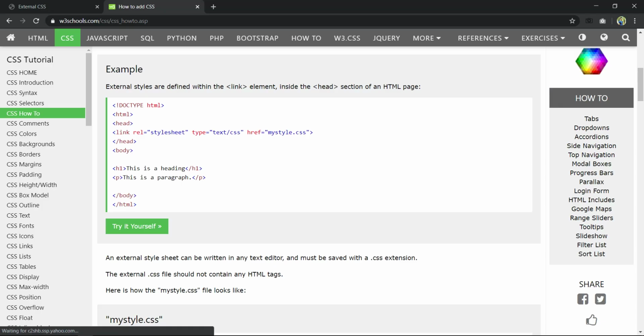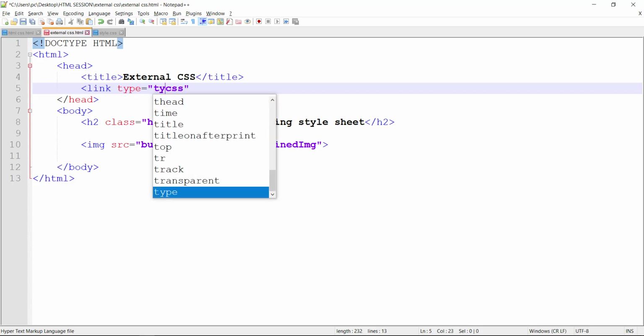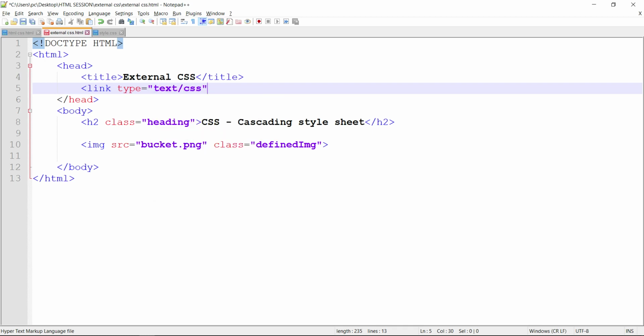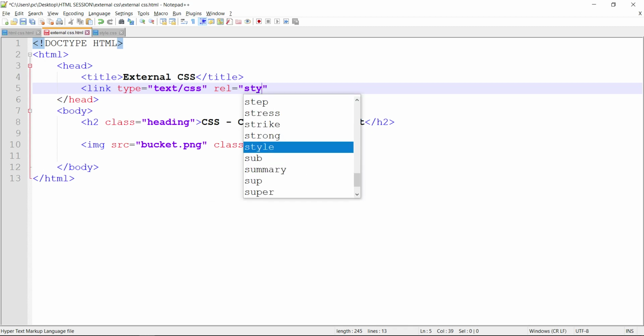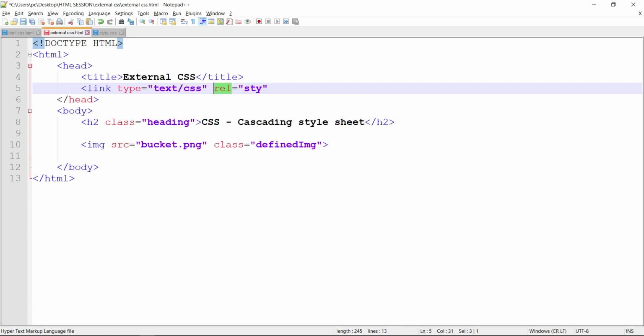We have to show the type also, type that is text slash css, right? After type we have to tell the browser what is the relation with this file. So this rel means relation. This is a style sheet, cascading style sheet, right? But here you have to write stylesheet.